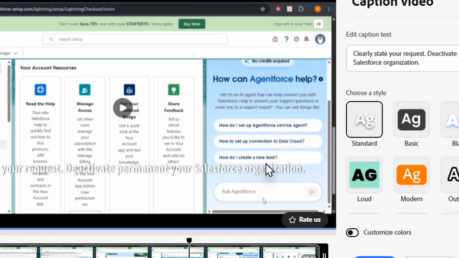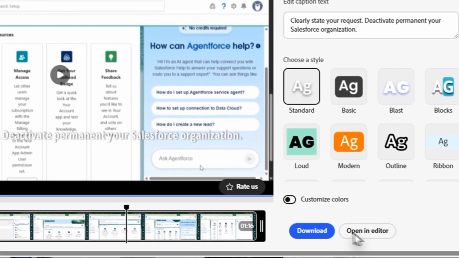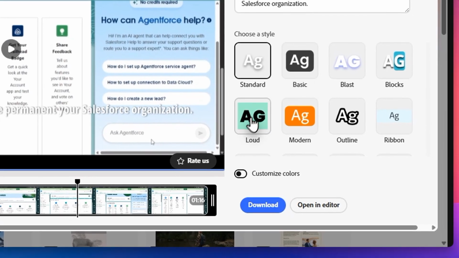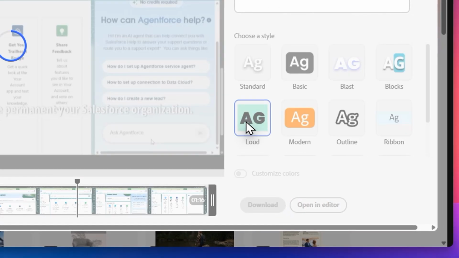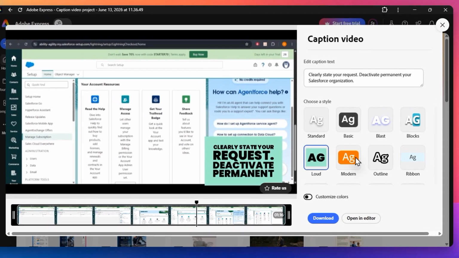Adobe Express will now scan the audio and automatically create text overlays synchronized with the speech. You will see the captions appear on your screen shortly. Once they are generated, you can easily customize